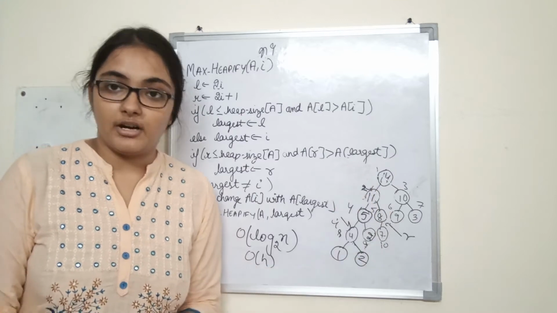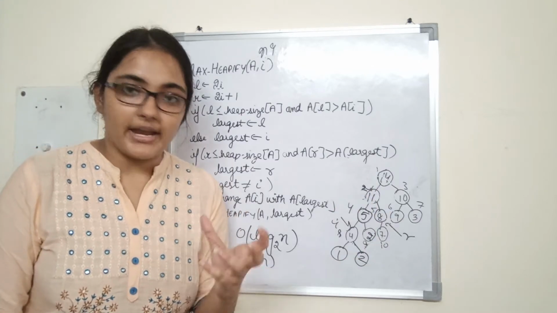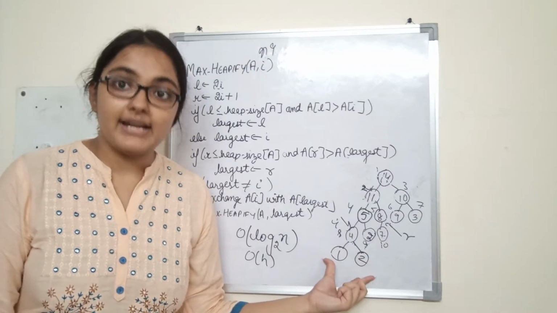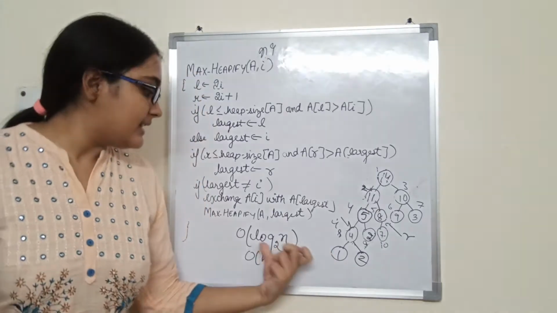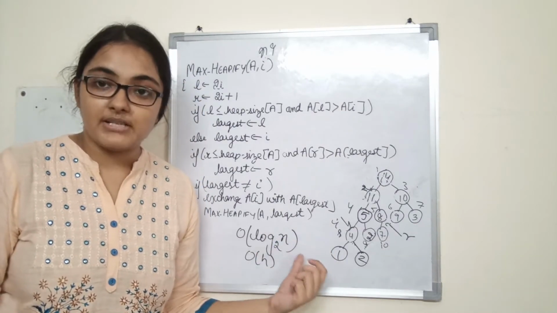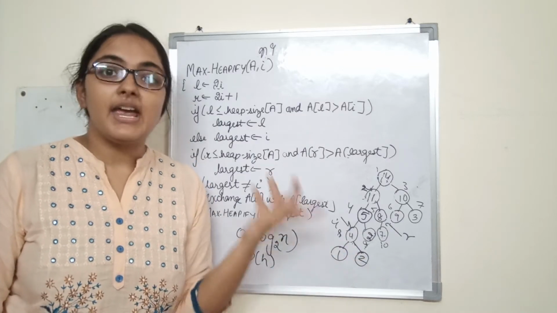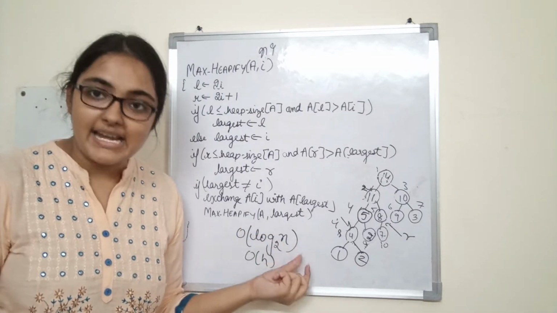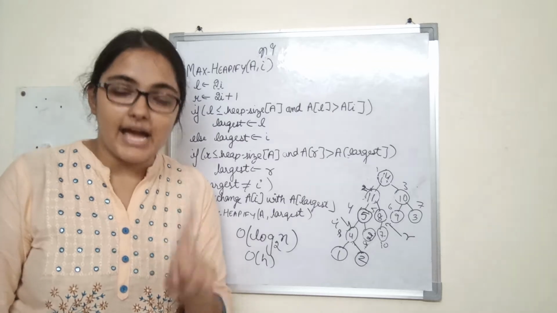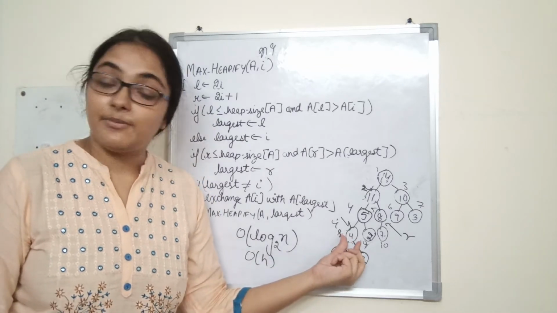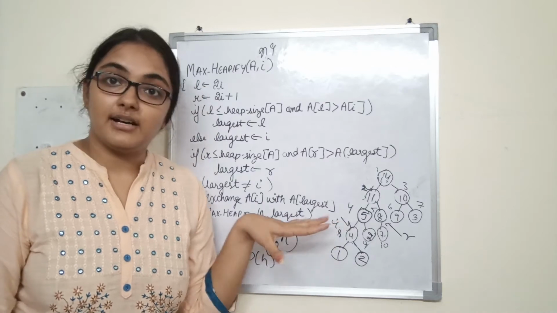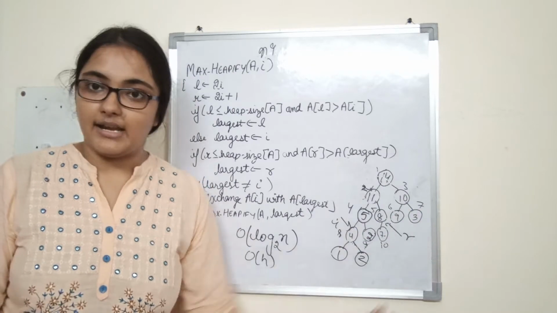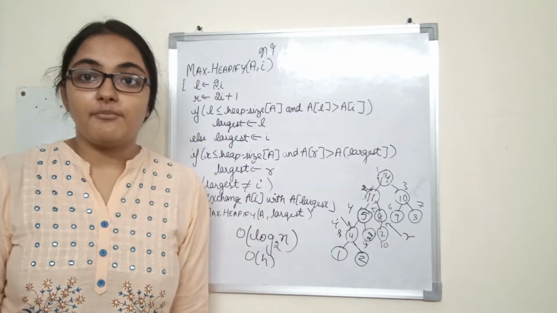What is the height of a tree or a heap? That is log n. If we have 3 nodes here, then what is the height? Log 3 base 2, that is 1. So the height is given by log n. We saw in the previous video the height of a complete binary tree or a heap is log n base 2. So that is the time taken by the max heapify procedure, where n is the number of nodes in the subtree rooted at I. If we call max heapify on this node, the height will depend on the number of nodes in this subtree and not the entire tree. So that is the time complexity of max heapify.